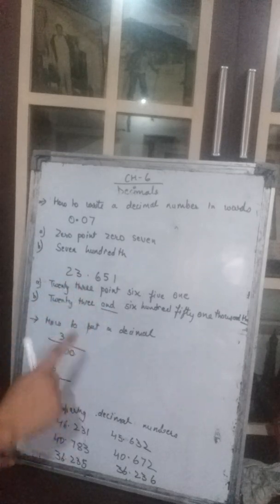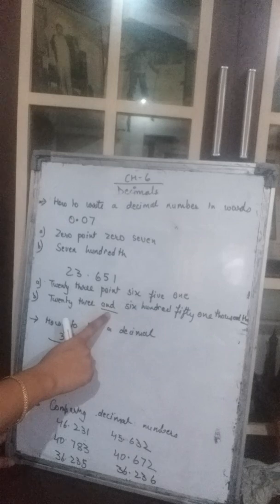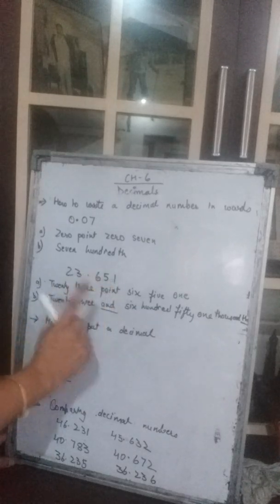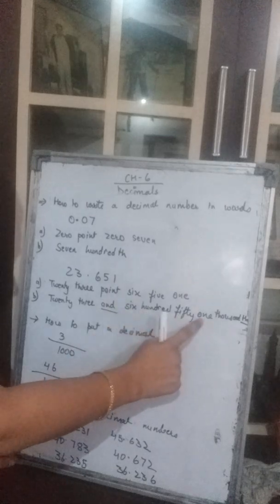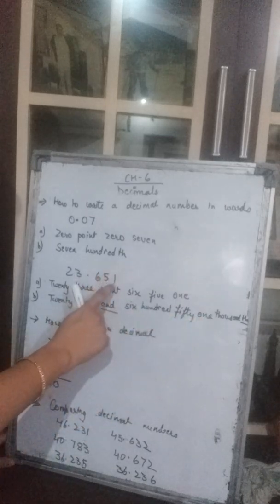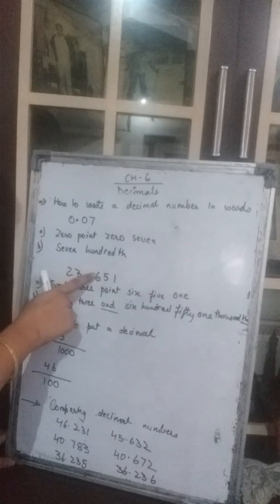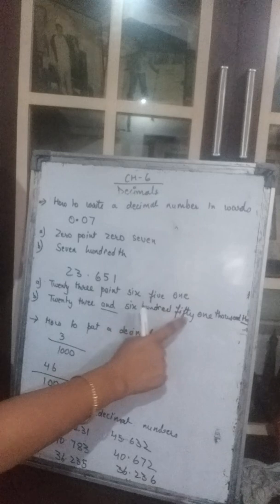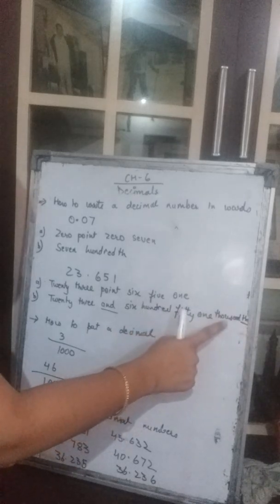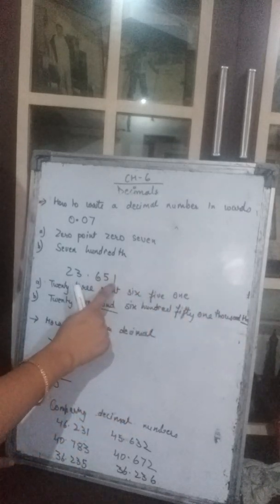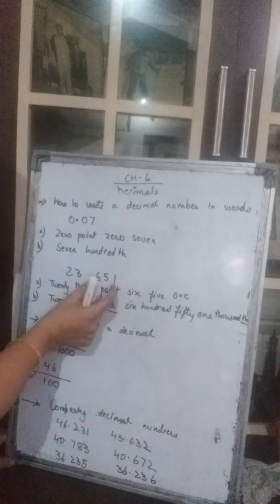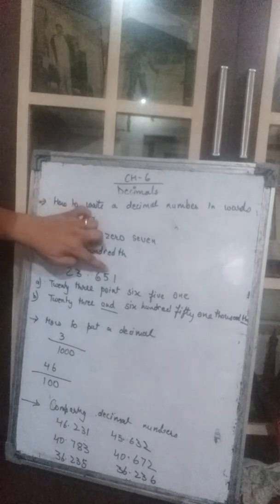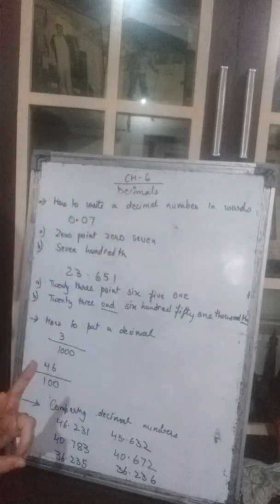This is the difference. 23 and. Now, read the number collectively. 651. So, write there 651. But, what is the last place where it is coming? This is tenth place, this is hundredth place, this is thousandth place. So, you will write 651 thousandth. It is coming till thousandth, so you will write thousandth. Because now we have taken this number collectively. Now we are not writing them individually. So there are 2 ways of writing.